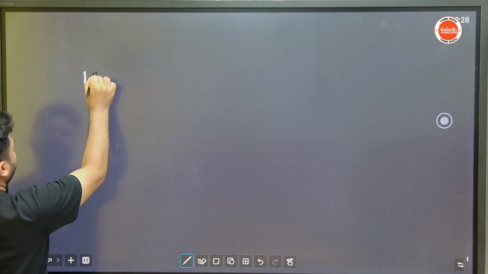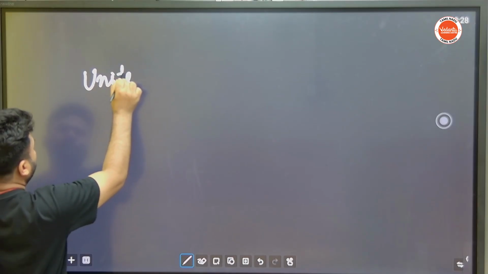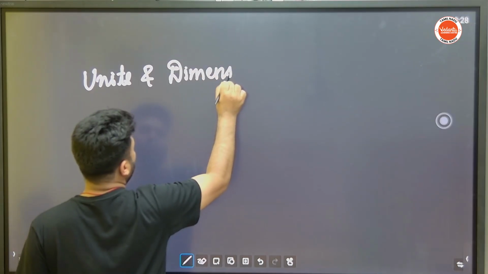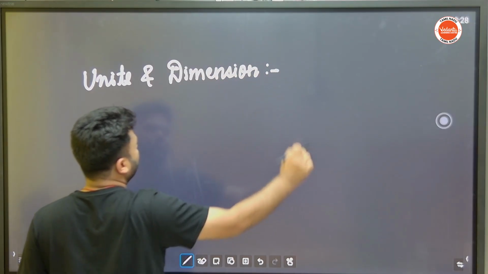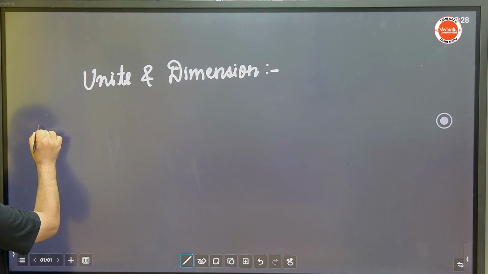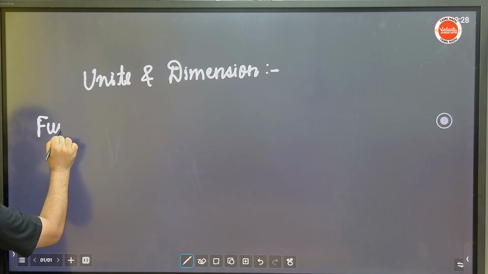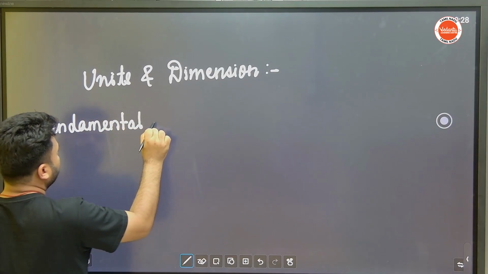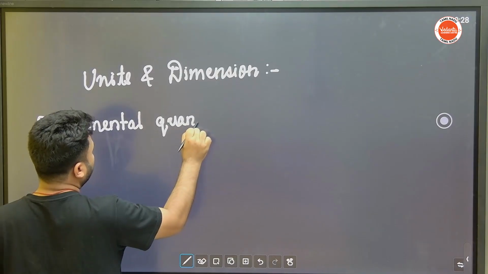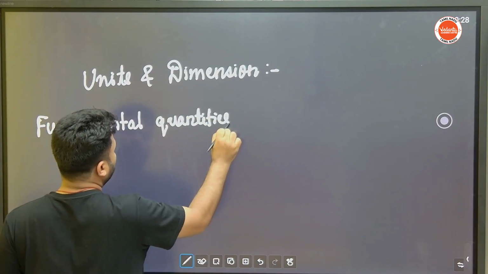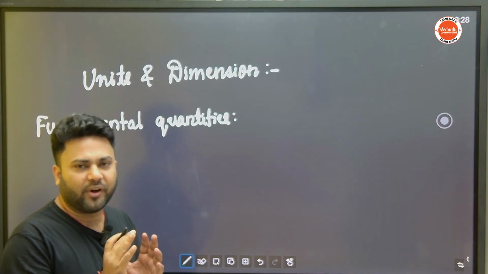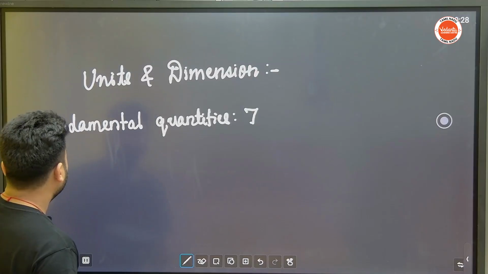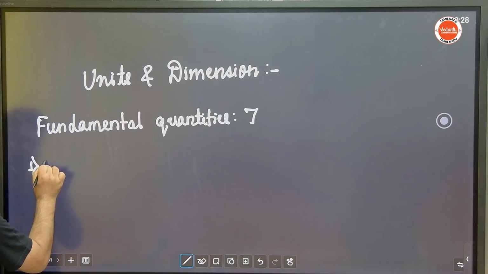Unit and dimension. First thing that we have: fundamental quantities. We have a total of 7 fundamental quantities. What are they? These are mass,